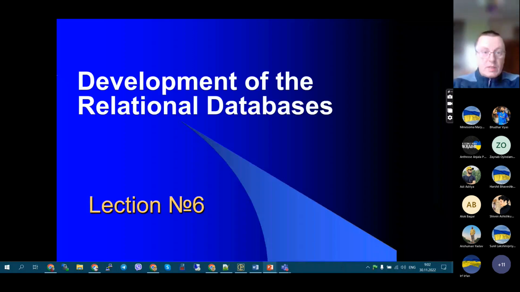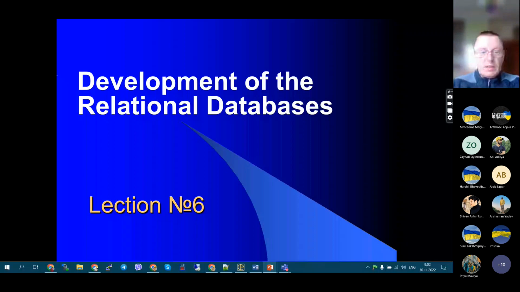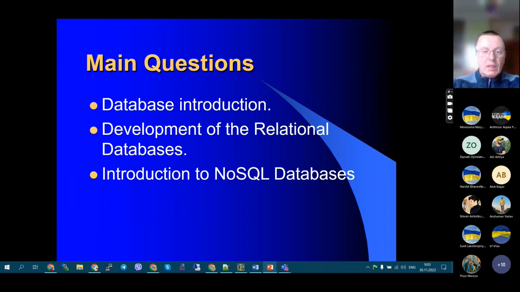Okay, today we have the 6th lecture of the medical mathematics and biostatistics part of the course. The topic of today's lecture contains pairs, and I will start with the development of relational databases, which I consider extremely important, at least for understanding this principle, because it explains why real applications work in a specific way and not in others. So first of all, I will provide some introduction about what databases are,